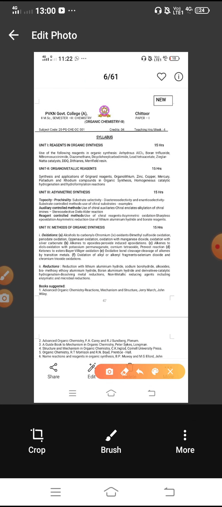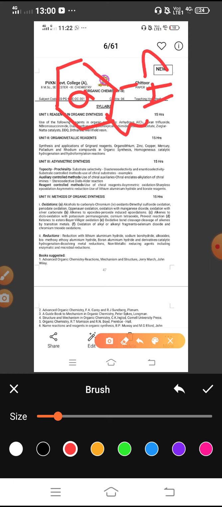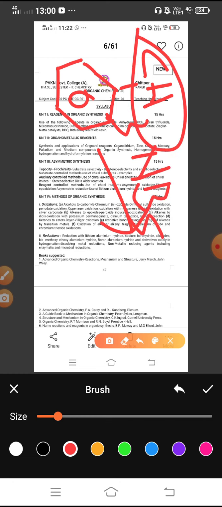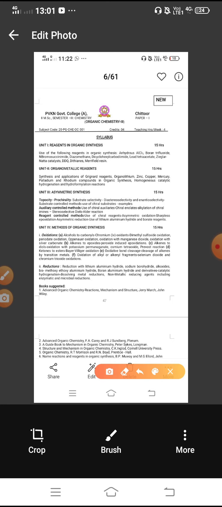See here, for example, toluene, C6H5CH3, and we are using NBS, N-bromosuccinimide. This is the benzylic carbon. Bromine attacks the benzylic position. The product is C6H5CH2Br, using the NBS reagent.